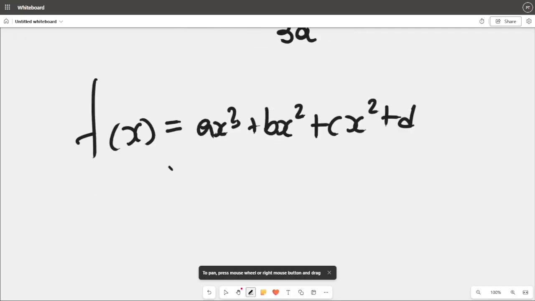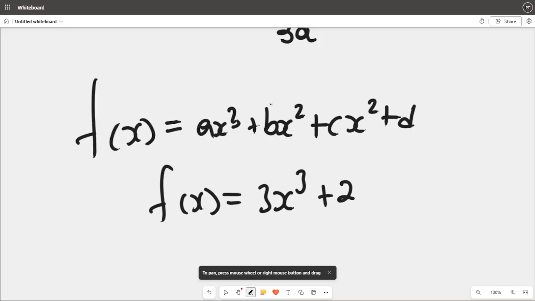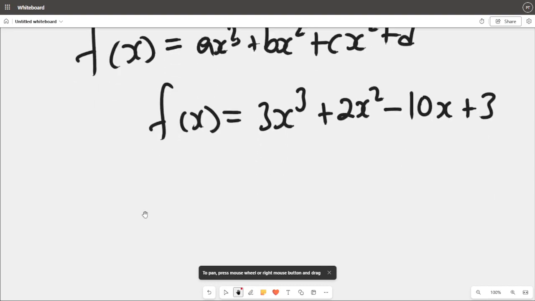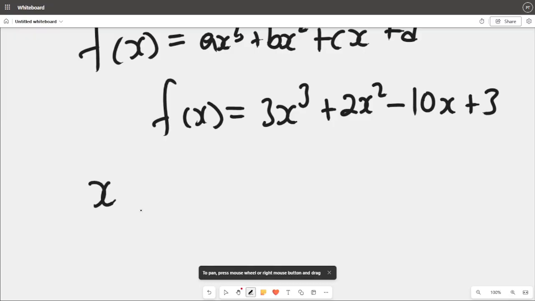Now, for one of the examples, let's say your f of x is provided to be something of this nature. Let's say maybe 3x cubed plus maybe 2x squared minus 10x, plus 3. Alright, now to find the x values of the turning points, you can simply write that x equals to,